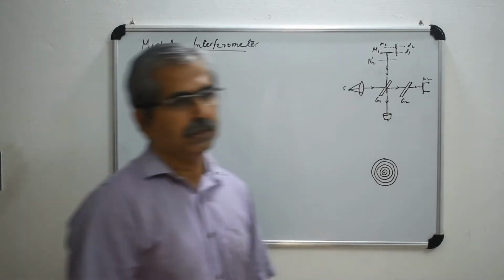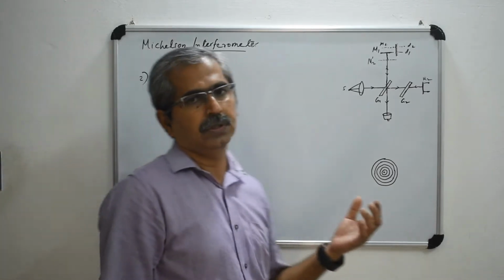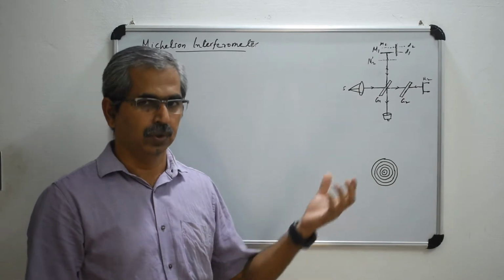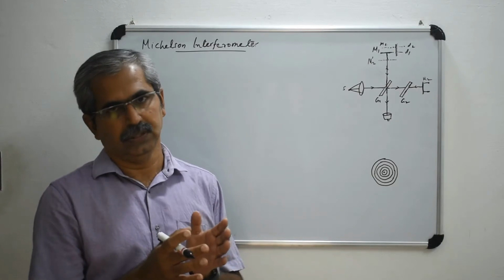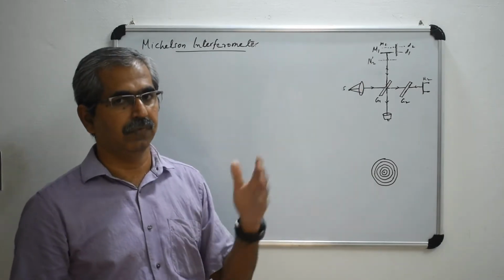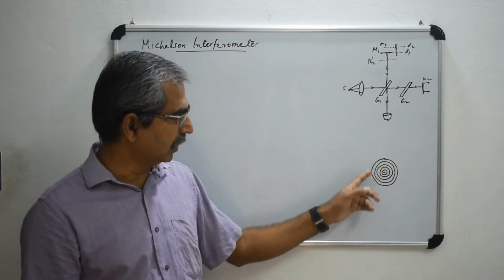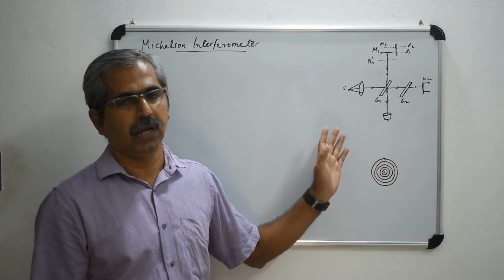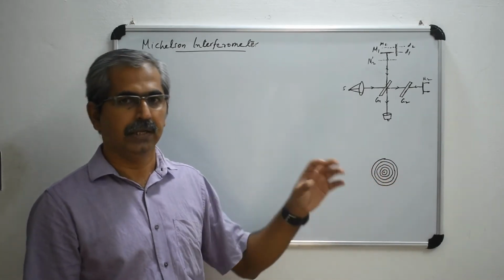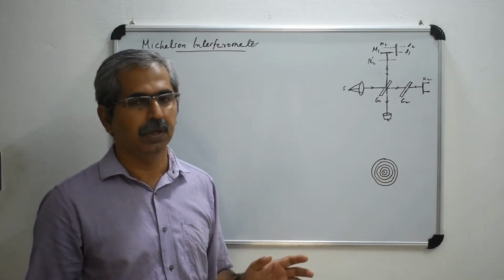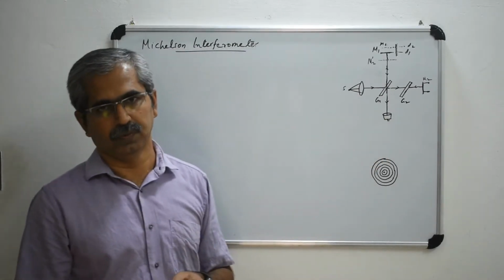Now you move to the second application. Suppose you have a source of light that produces two very close wavelengths. For measuring all these things, what we require is a monochromatic light. Otherwise it won't work because we have to clearly see the fringe system. A large number of wavelengths means a large number of fringe systems will be formed, and they will all overlap, and you will not be able to make any measurements. So strictly, we require a monochromatic source of light.